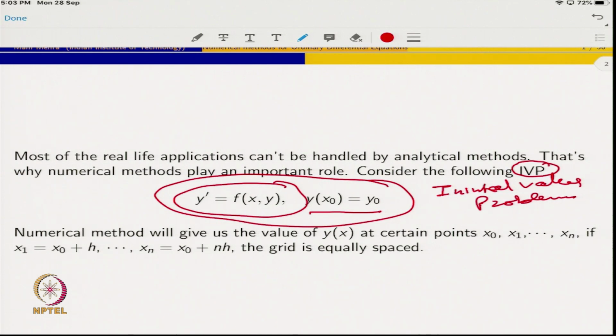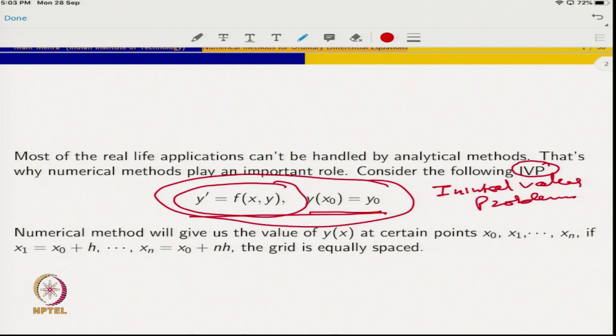Okay. We have seen different variants of differential equations as well. If f is 0, we call it a homogeneous differential equation. If f is non-zero, then we call it a non-homogeneous differential equation, and depending on f(x, y), we can also call it a linear or non-linear differential equation. That is an altogether different ball game. But right now our aim is to solve this initial value problem by numerical methods.